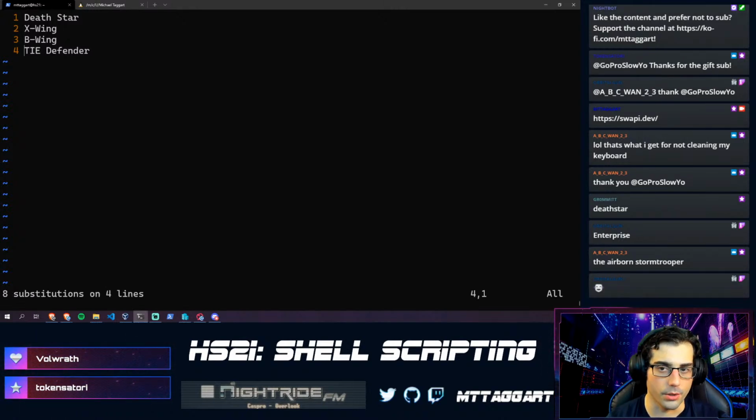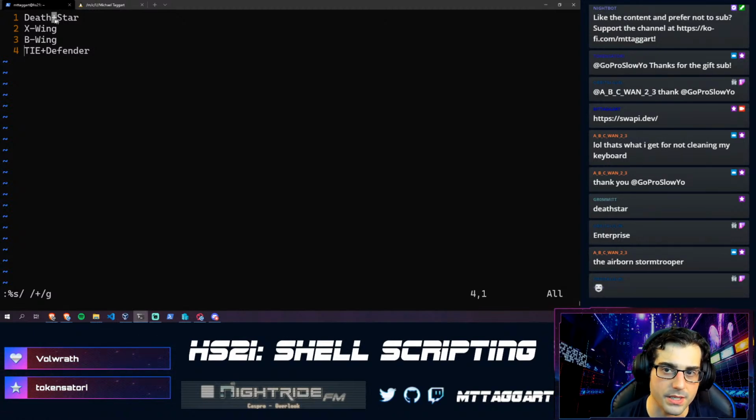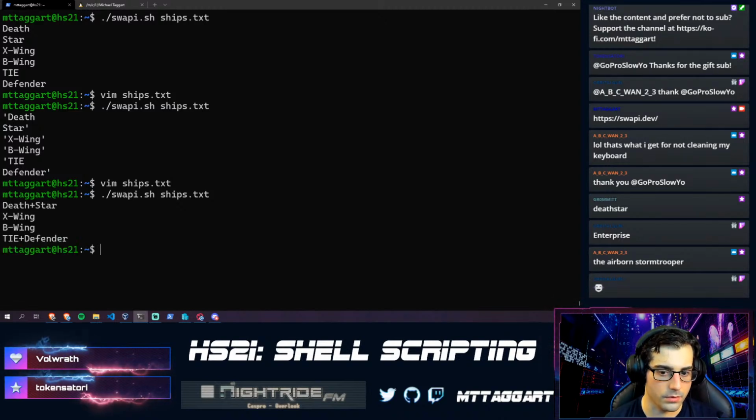So, and since we have to URL encode it anyway, I'm going to replace the spaces with pluses. And so yeah, I just wanted to call that out, that if you have spaces in your text file, you're going to maybe have some unexpected output when you're doing this in shell scripting. Yet another reason why Python might be an option, because you can kind of get around that. You can get around it in Bash a little bit easier, but since we have to URL encode this anyway, we're going to put a plus in here. And now it's printing out the way we expect, right? Line for line for line.